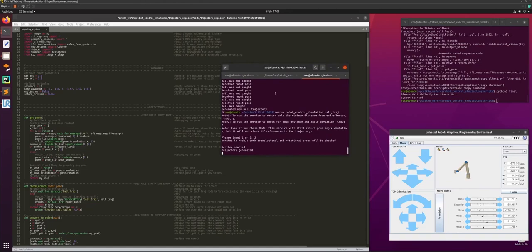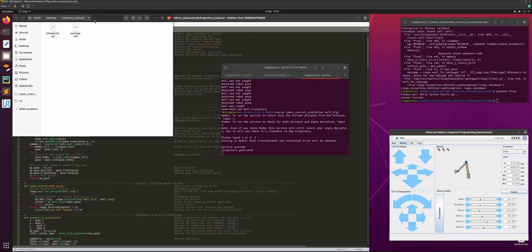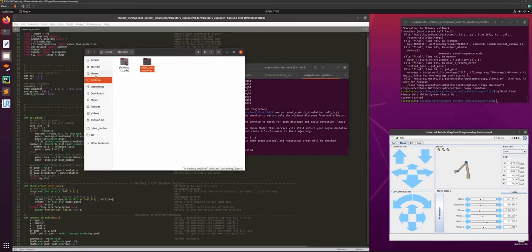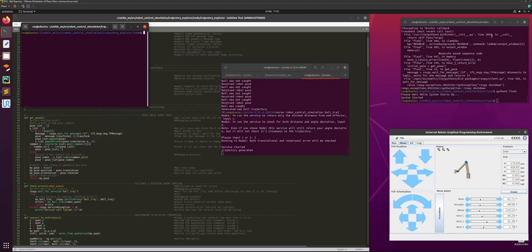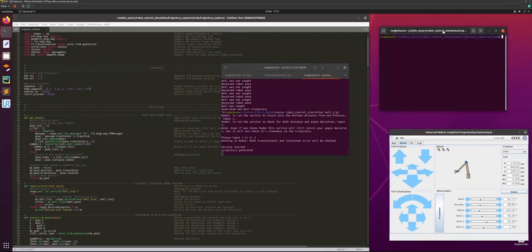Now that I have the ball trajectory service running and the UR10 simulator running, in order to run my code, we simply need to go to the workspace, src, robot control simulator, and then there's a folder called trajectory explorer. In here, there's another folder called code. Here we can just open a new terminal, and once we do that, we can just do python3 trajectory_explorer, and if we run this, it will tell us that the service is starting up and that